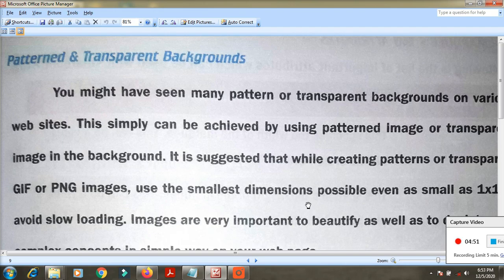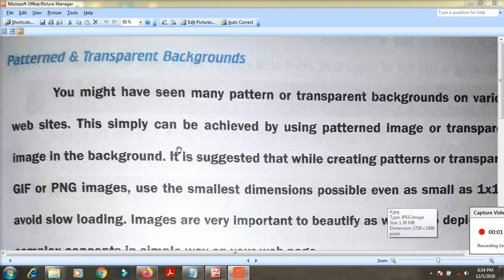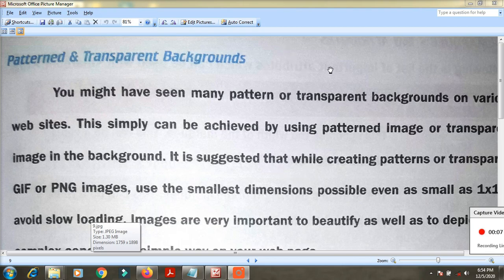See here, I'm showing the background image. I took one photo here. On the front page, the back side also shows some text. That is called transparent.